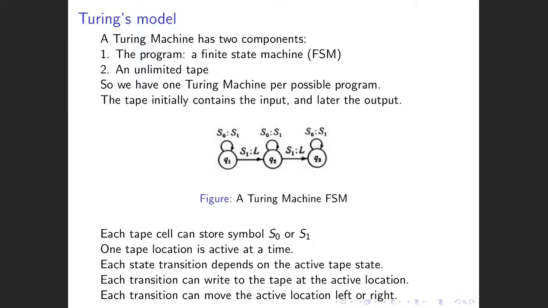So roughly, a Turing machine then has two components. One is the program and one is the memory. And the memory is this unlimited tape. Well, in abstract terms, it's an unlimited array. And it all starts off with zeros on it. So if you run any realistic program on it, there will always be a finite number of symbols written